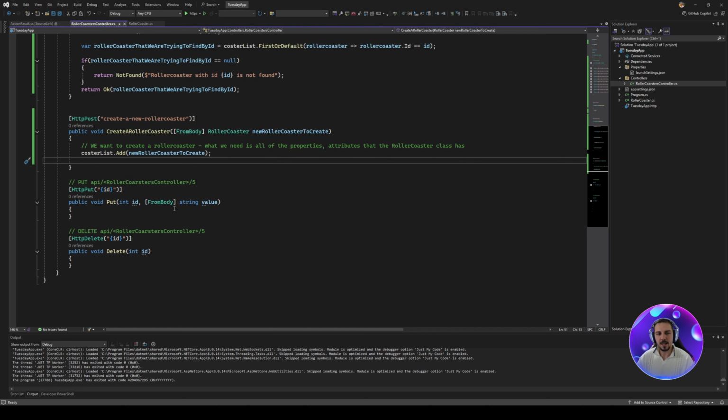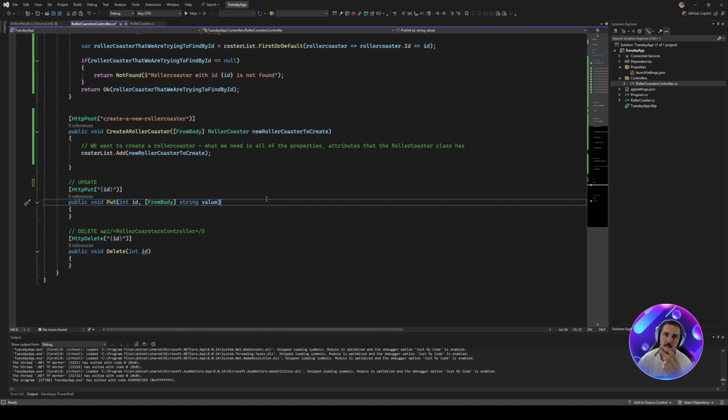So next up is the updating. So let's write here that we want to update. And what did we talk about? We talked about the two different versions. We have put and then we have patch, right? So with put, we need to update the entire object, right? And with patch, we can update certain bits of it. So